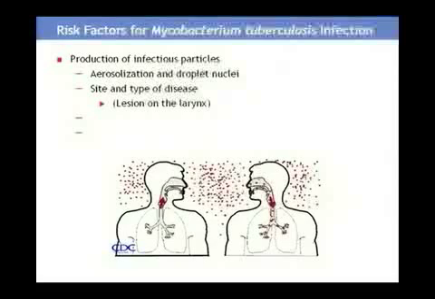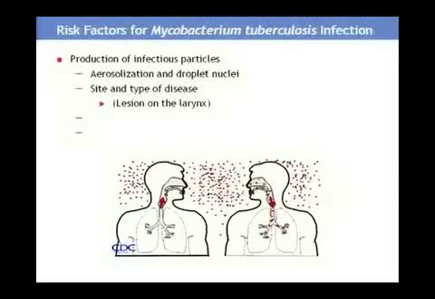Well, we'll talk in a moment about the importance of the size and the amount of tubercle bacilli that are expelled into the air. But also what's important is the site and type of disease. Cavitary patients are more likely to expel bacilli into the air and are therefore more infectious. And pulmonary patients, who are obviously cavitary as well, but also patients who are sputum smear positive and have a lot of bacilli inside, are more likely to expel them into the air.